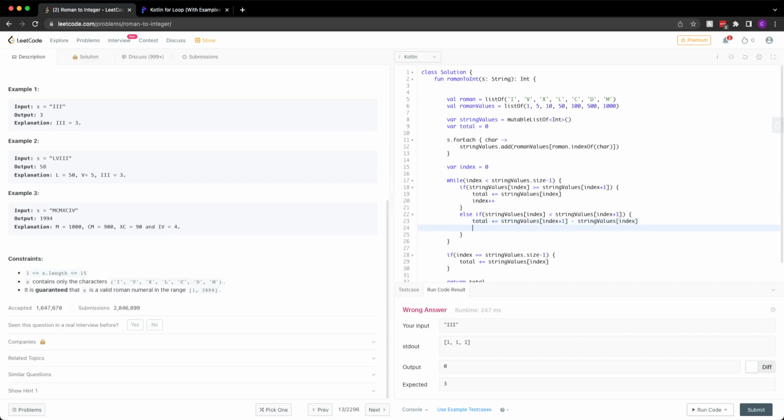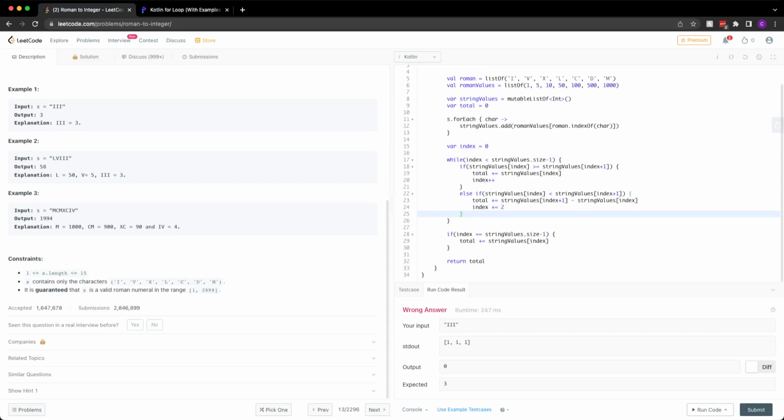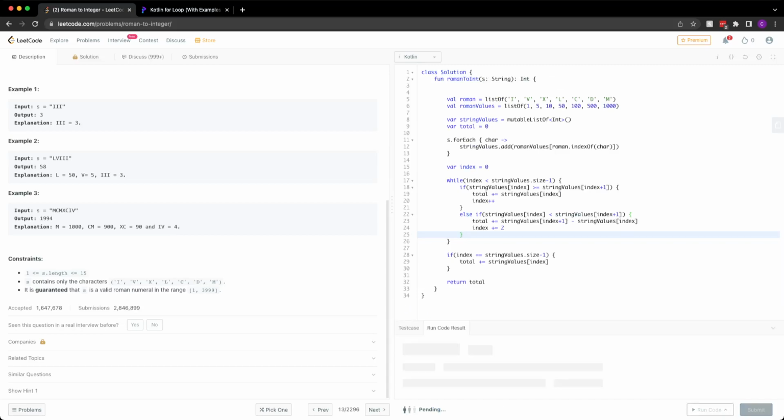And then we want to skip. We want to go forward 2 indices. Index plus equals 2. I'm going to add 2. And that means, right. Let's run it against some test cases and see.